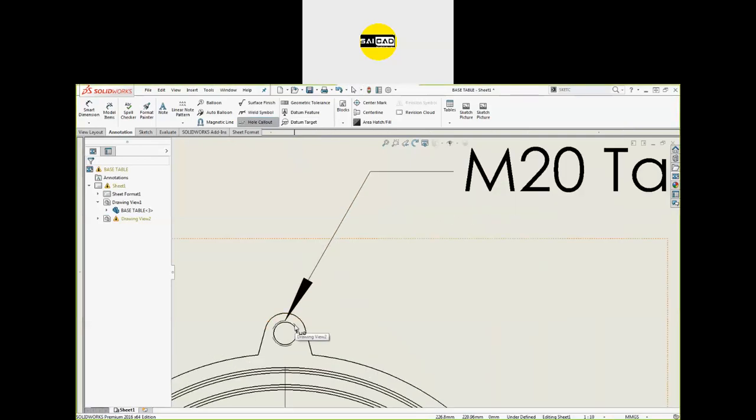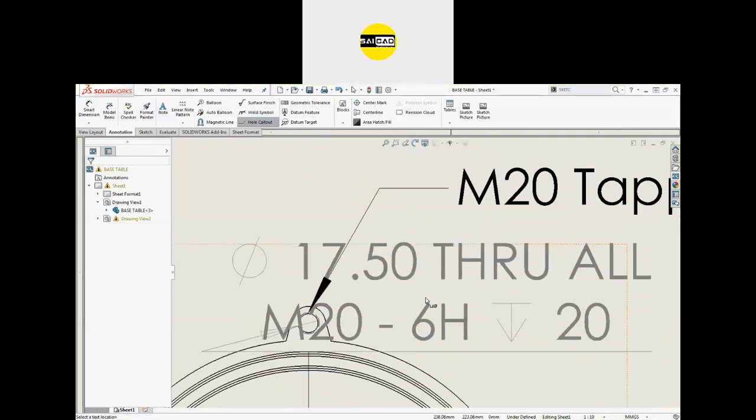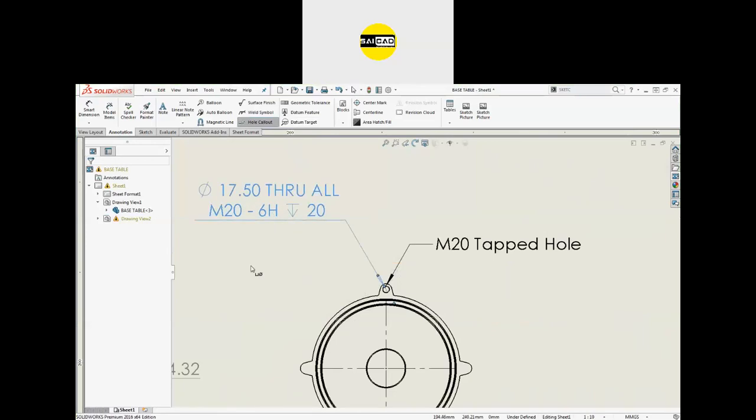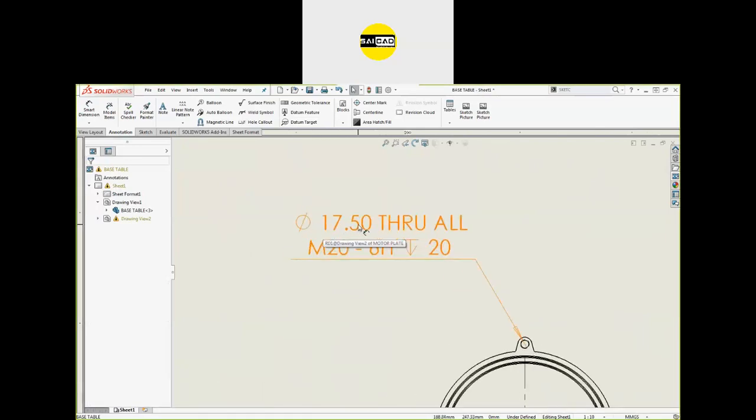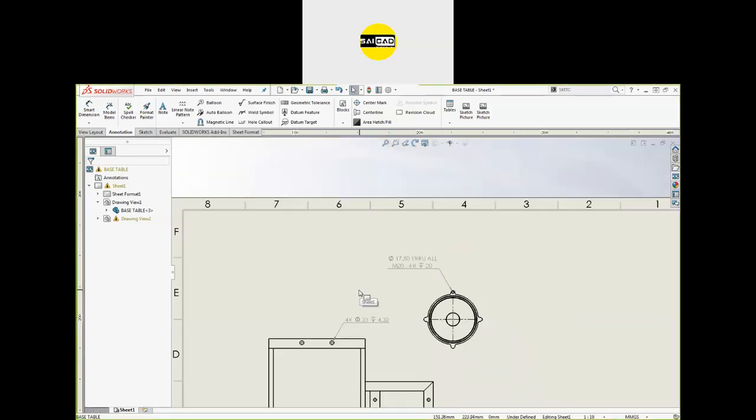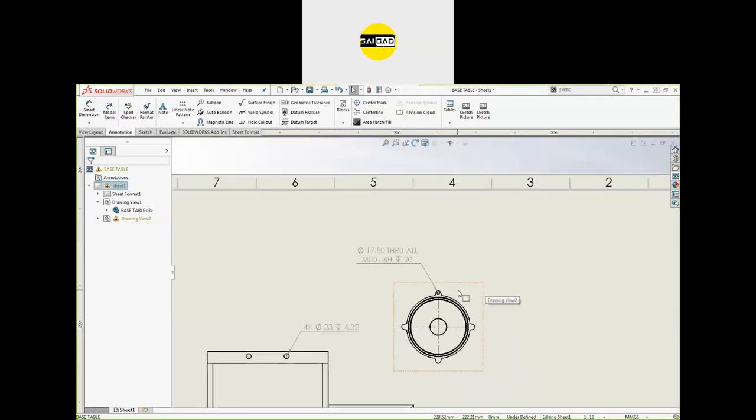We can just use another hole type that will show all the values like that. This is the hole callout. Okay, we can delete that also. So this is 17.5 dia and through all, and this is M20 and 6H is the class and depth is 20 for the set. So this is the hole option.